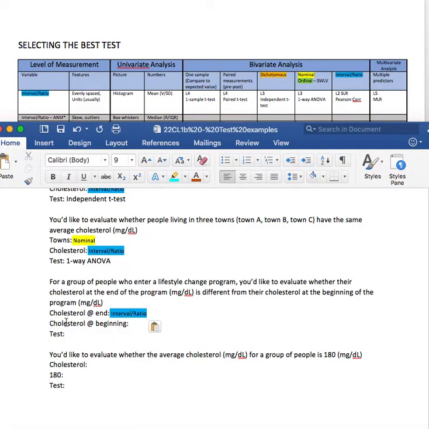And we have the same thing that we're measuring. We measure cholesterol at the beginning, so that's also interval ratio. And you'll notice that this kind of looks similar to what we did here with simple linear regression. And this is where I need to point out an important difference. If you're measuring the same thing, here we have cholesterol, both at the beginning and end,